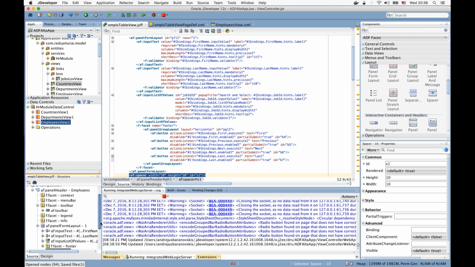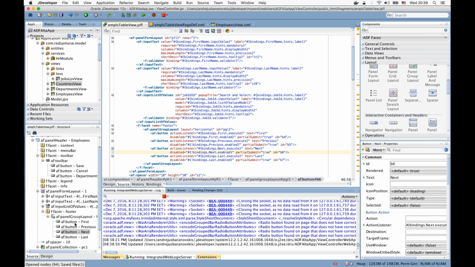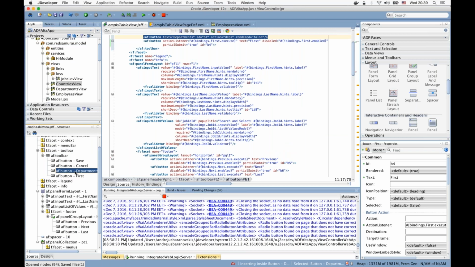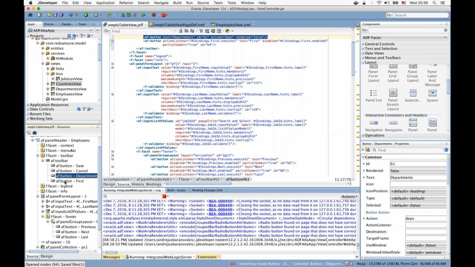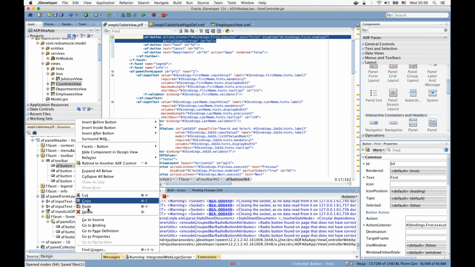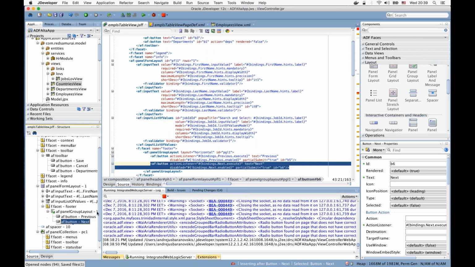And based on the Alta standard, we should not have any buttons below the form. What is recommended by the Oracle Style Guide for Alta is to have buttons above, somewhere in the top right corner. And this means I could take the first button here and drop it above, maybe just in front of save, and actually I could delete it and use only next and previous, so I don't need first and last,